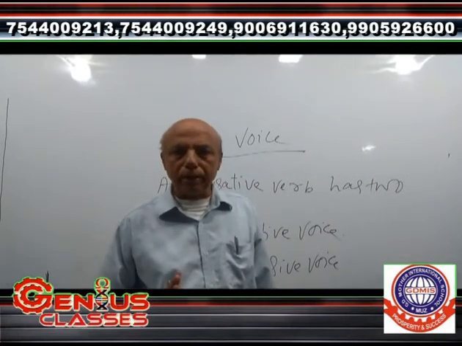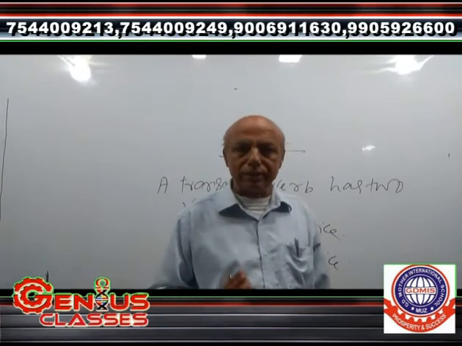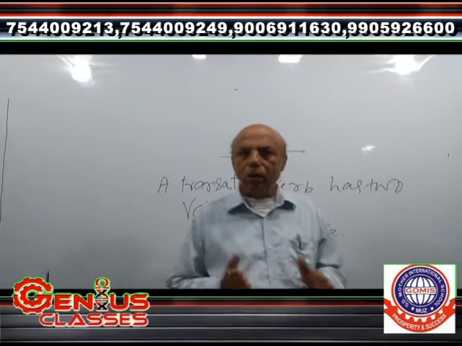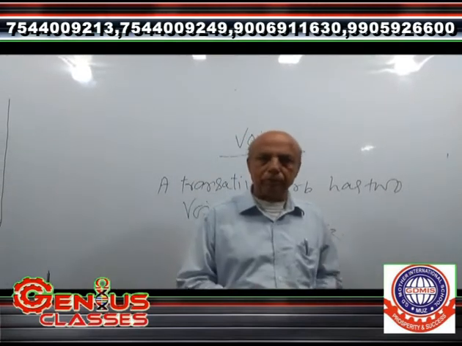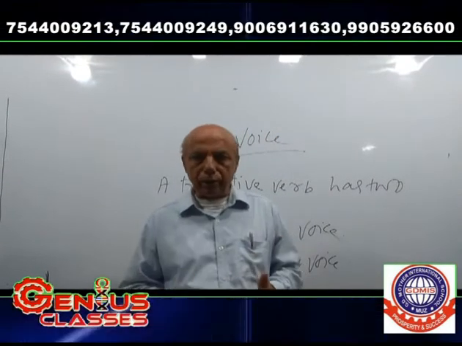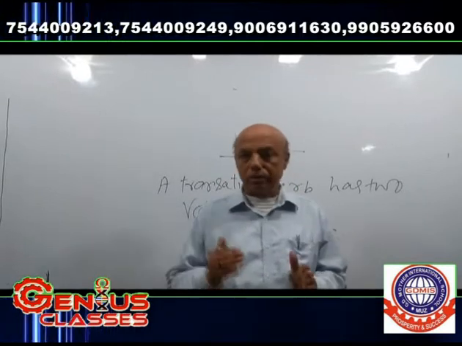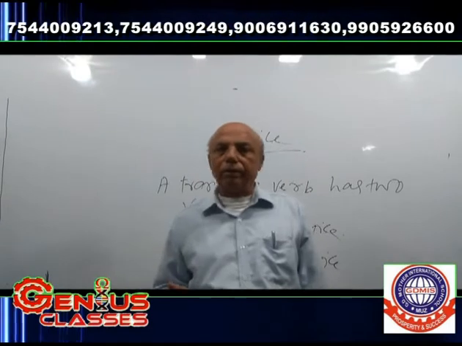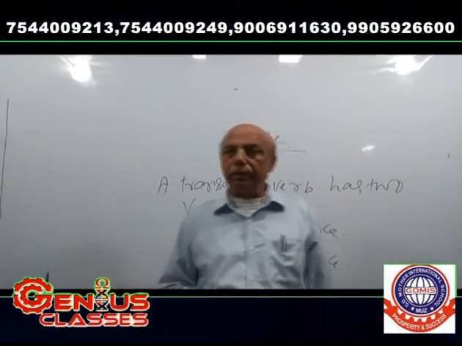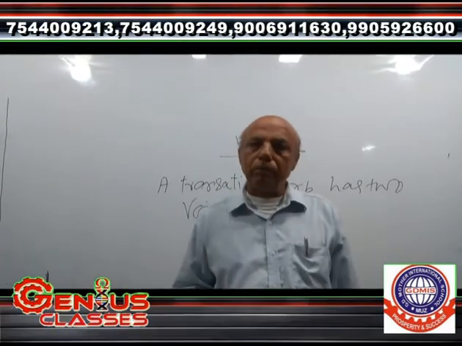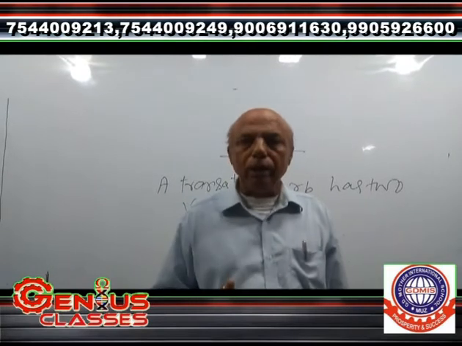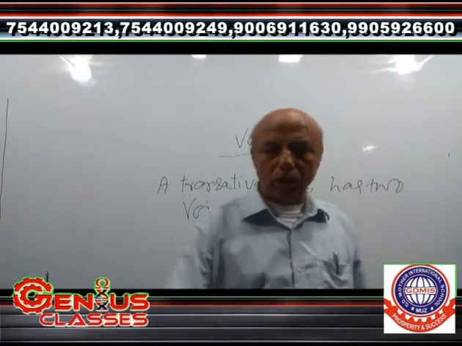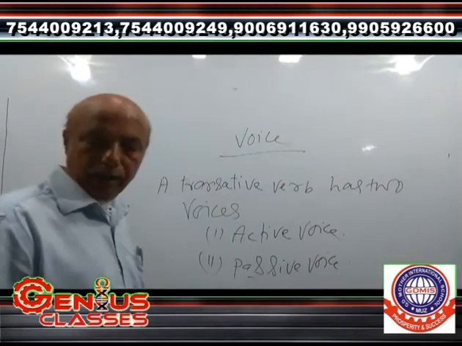So the first fundamental rule of voice is that the subject is changed instead of the object, and the object is changed instead of the subject. Helping verbs are used as per tense, and thereafter V3, the third form of the verb, is always used in the passive voice, and fourth, by is used before that very object. Here, as for example,